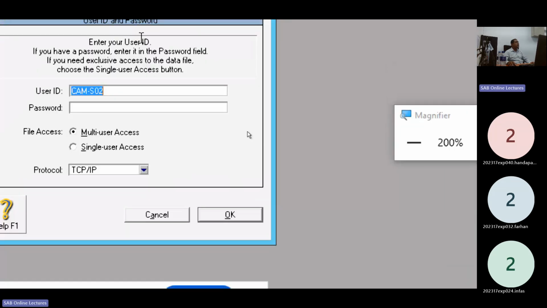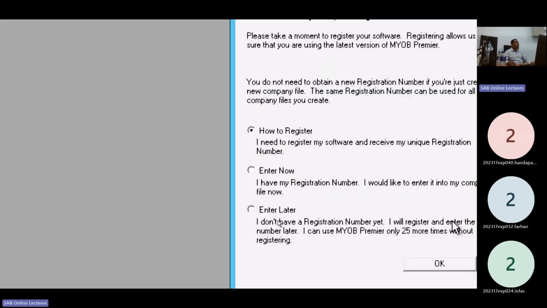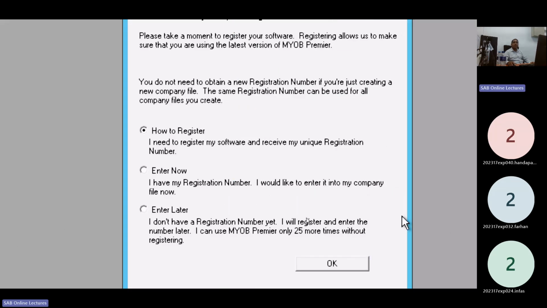Then the system asks for the username and password. If you get this message, listen and look at the screen. If not registered by you, click on enter later. Register later.